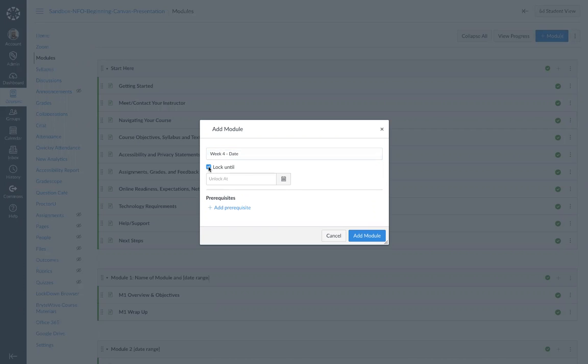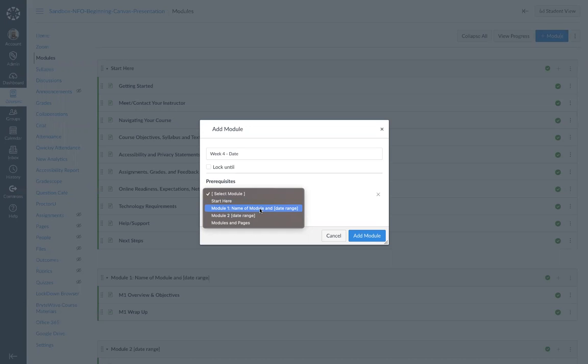You can choose to lock that module until a particular date if you don't want students to access it until a particular date. Or you can add prerequisites. And by prerequisites, you can say, I want students to read the Start Here page, or I want students to go through module 1.